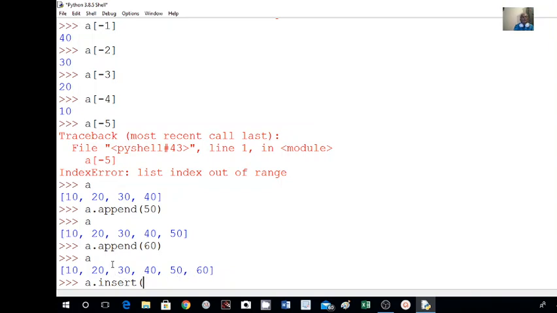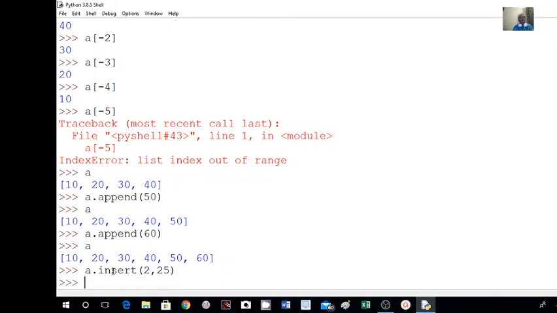Suppose you want to insert something after 20, say 25. What is the place here? This is 0, this is 1, this is 2, no? So that is A2. I have to insert at second place, so I have to write that place value 2, comma, whatever we are inserting, say 25. Then bracket close, now enter.